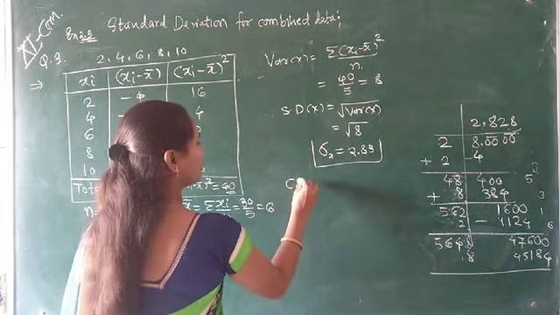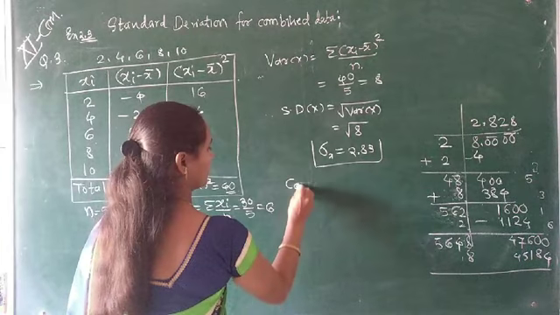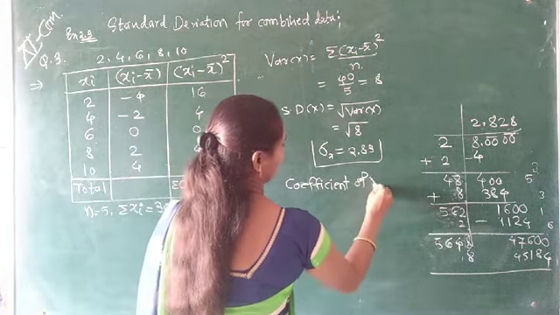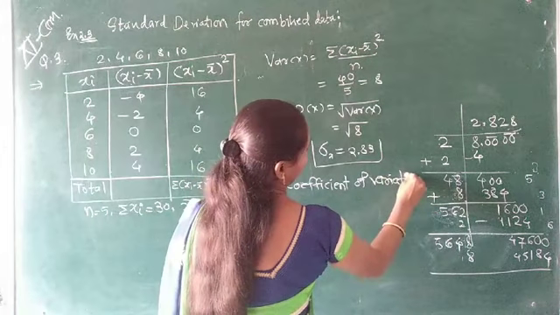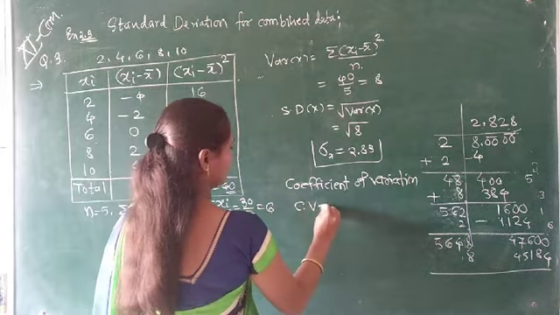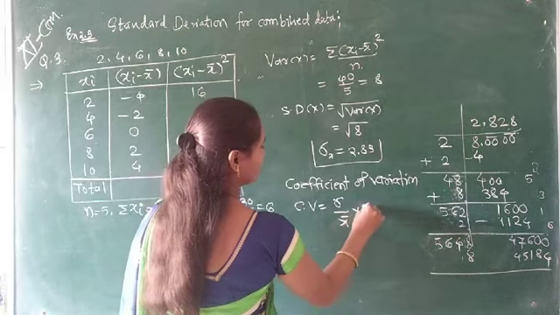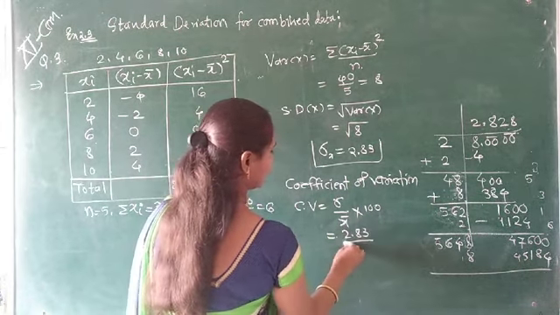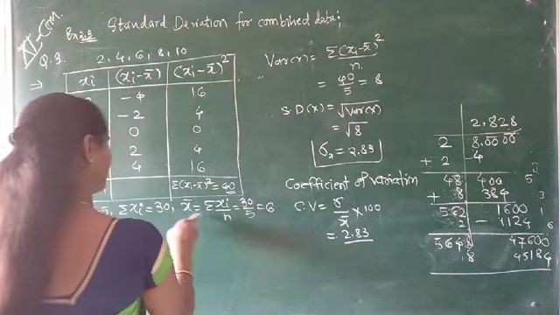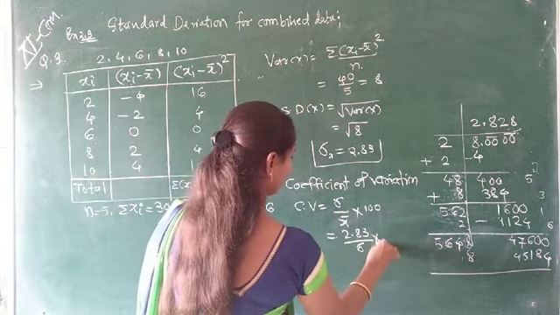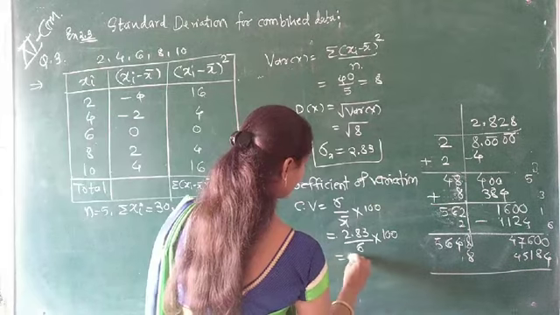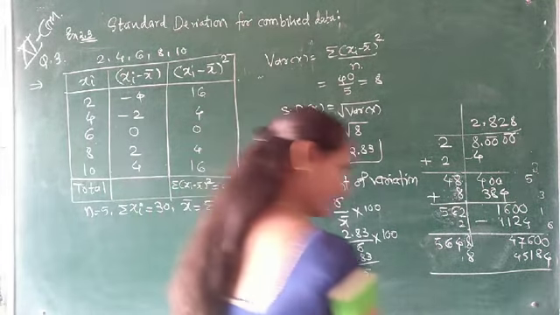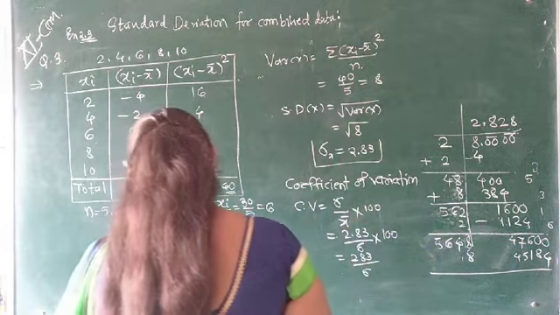But here we have to find the coefficient of variation. Coefficient of variation, that is CV is equal to sigma upon mean into 100. That is sigma is 2.83 divided by mean. Mean is 6 into 100. That means 283 divided by 6. If we divide it, then we will get